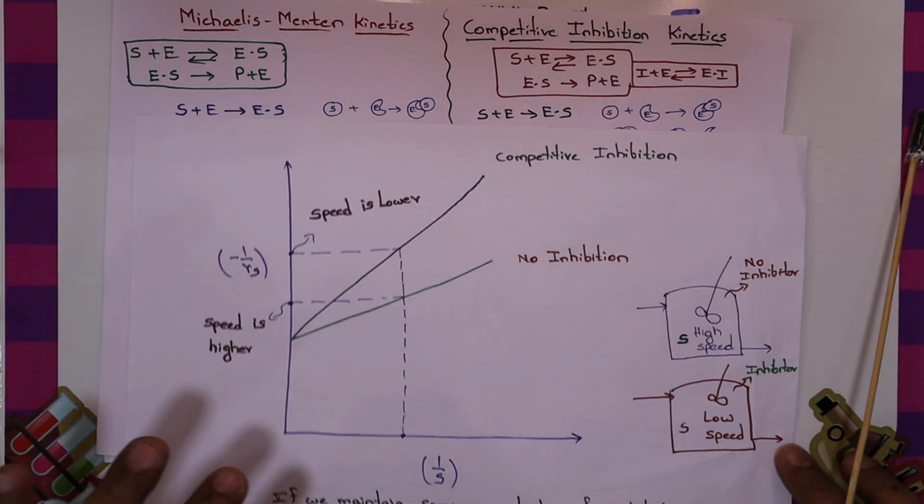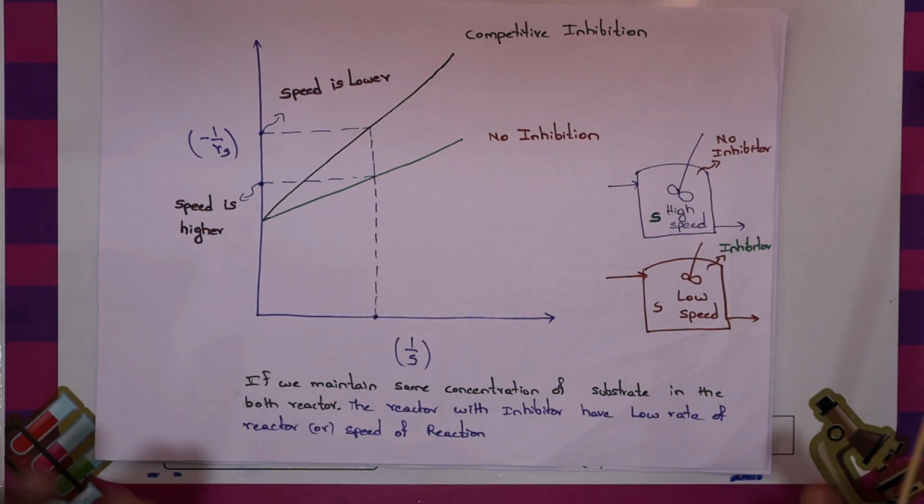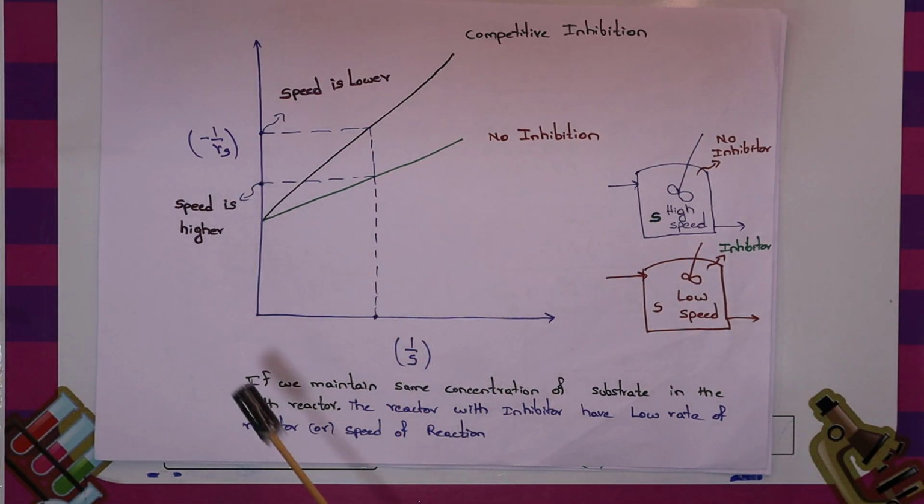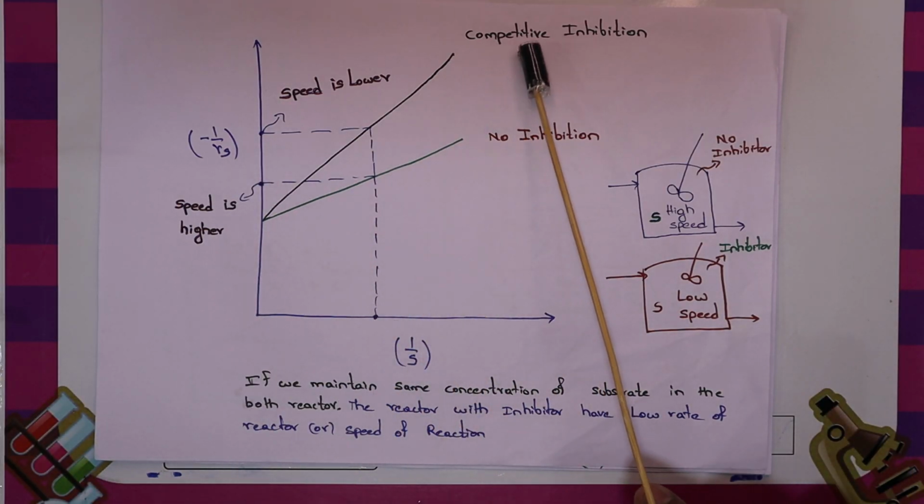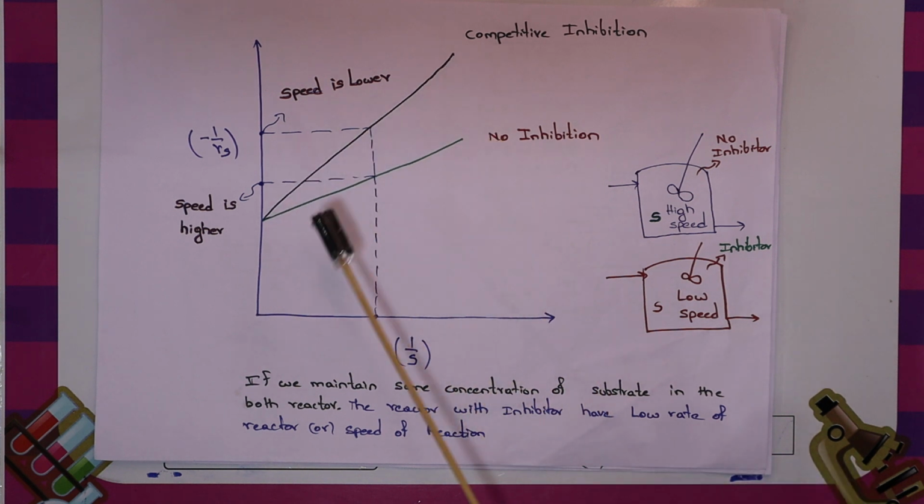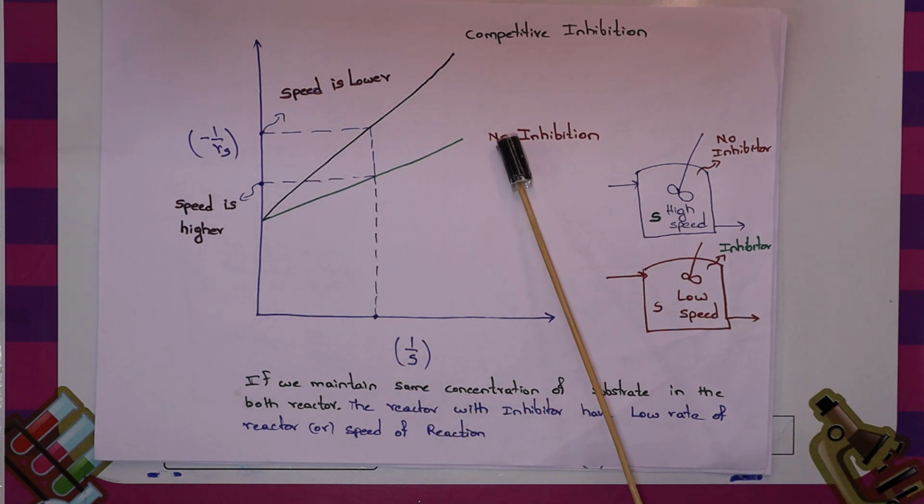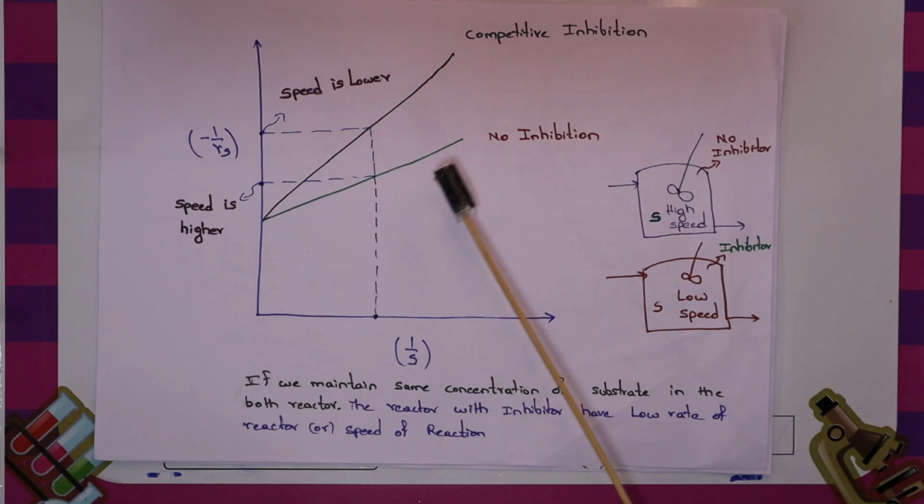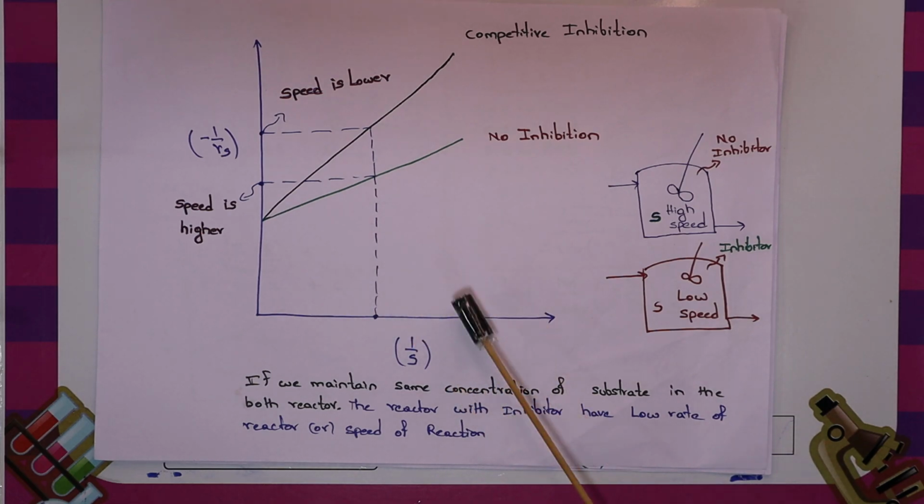So the correct option is the slope of the graph for the competitive inhibition will be higher compared to the no inhibition process. And in reality, what is going to happen? If you conduct the reactions in a reactor, one in which no inhibitor is present, and second in which the inhibitor is present, and you have maintained the same flow rates and the same feed concentrations of the substrate in the reactor,